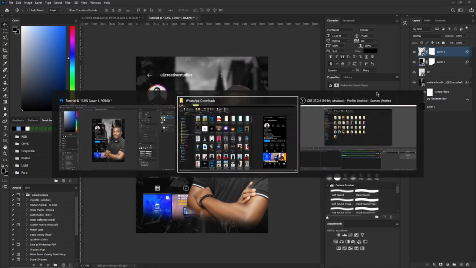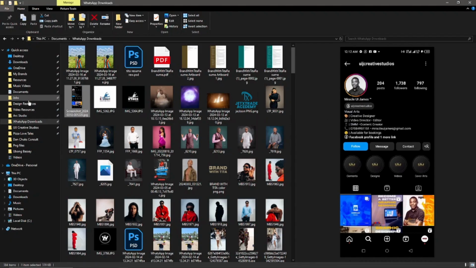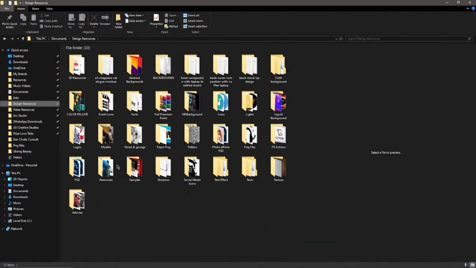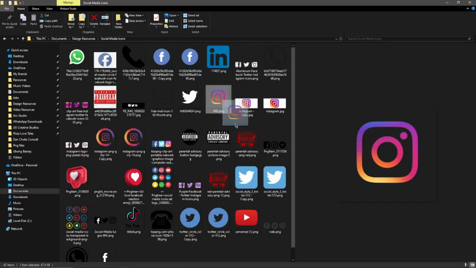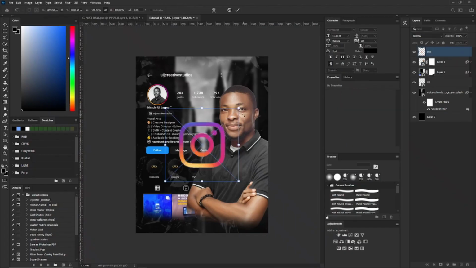So let me bring in the Instagram logo. Go back to my design folder. I think that's under social media icons. This is it, Instagram. I'll drag it to my